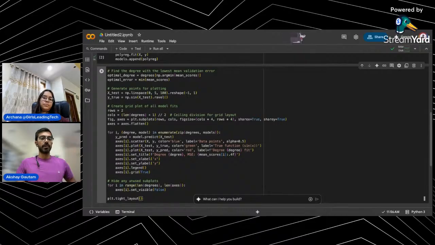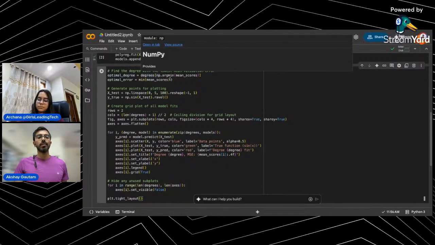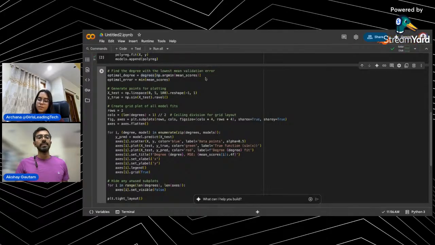Now comes the plotting part, right? So first we need to find the optimal degree. NumPy has a handy function for it called argmin. Argmin means argument minimum. For our mean scores, we will take whichever is the minimum value because, remember, we want the lowest possible total error, right? So this is our minimum, and optimal error will be the minimum of these mean scores, right? So now we want this valley, the optimal valley, and